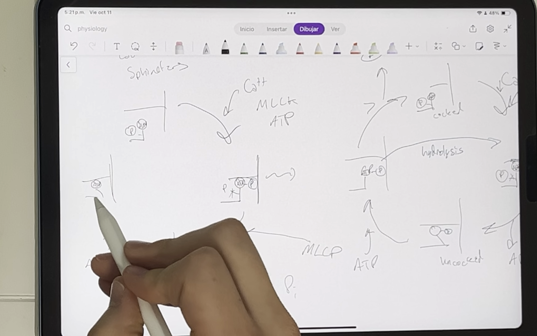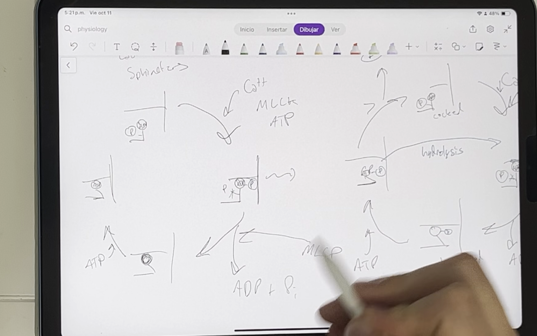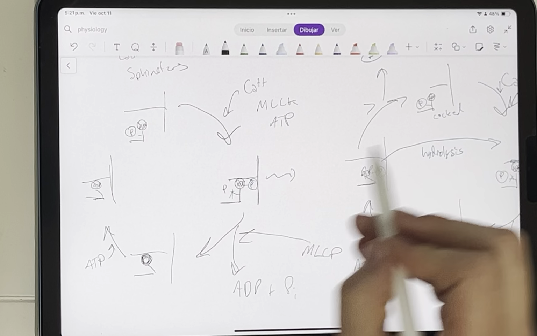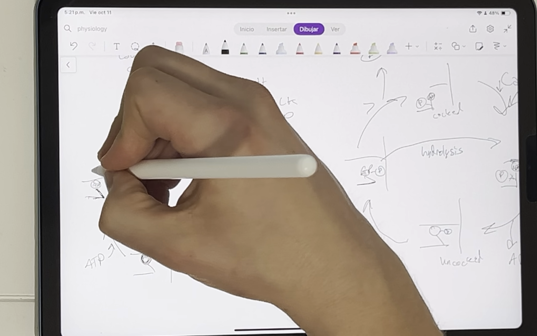Oh, I made a mistake over here. This should be cocked still, or uncocked, and then it goes to cocked here. Sorry, so this is uncocked. And then it's going to go through something called the latch period,